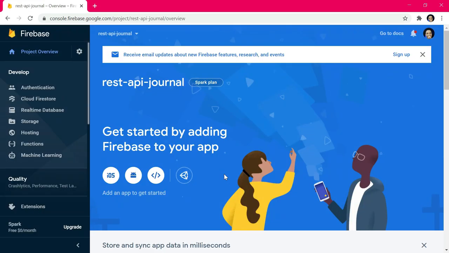Now we've been taken to our project overview page. We see that we have a new project created for us, REST API journal, and we're currently on the Spark plan. This is the default billing plan for Firebase and it's free, but there are different limits to this particular free plan. We want to be using the Cloud Function service from Firebase, and when we click on this functions part,